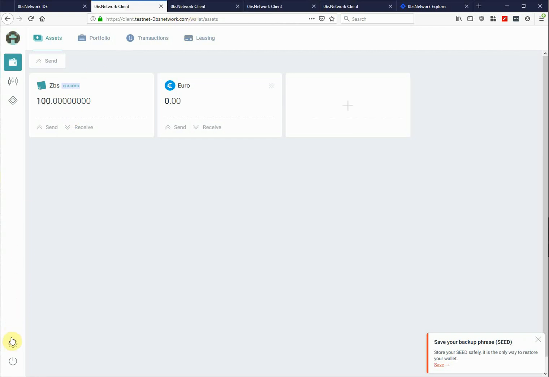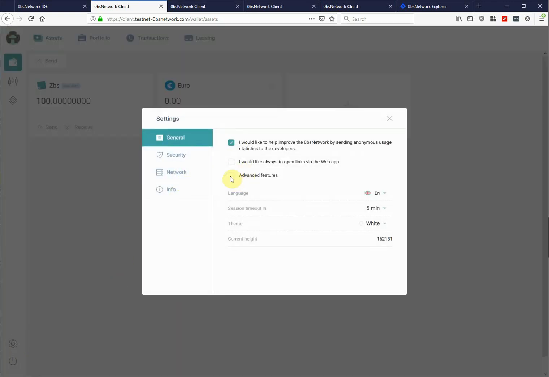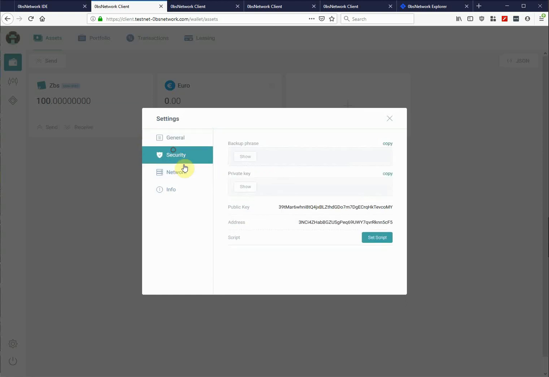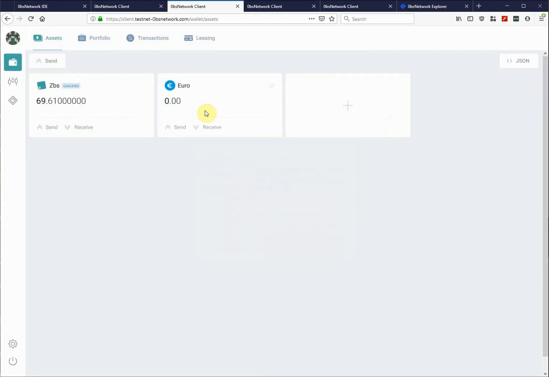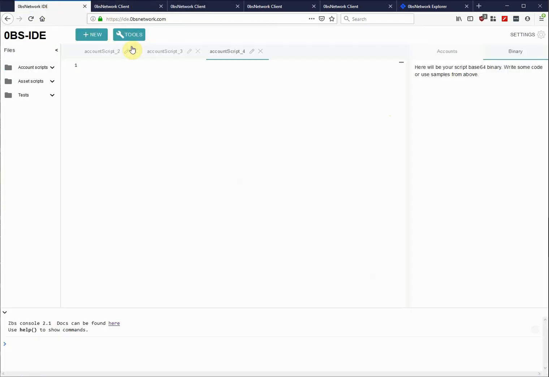You do that by going to the settings here in the lower left corner and clicking here to enable advanced features. What that will do is in the security tab it will add this set script feature, and on the main screen it will add this JSON button here, both of which are important and will be needed for our setup. You need to enable that on each of these accounts. So now that we have all preconditions fulfilled, let's go to